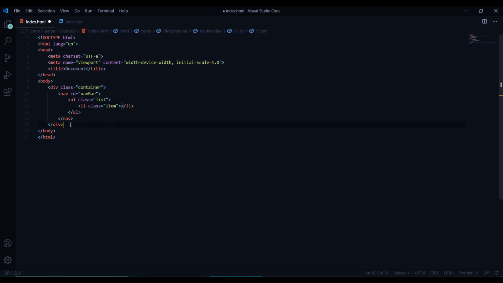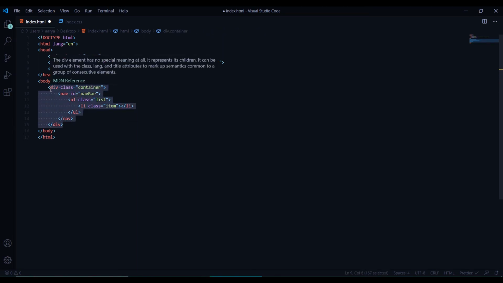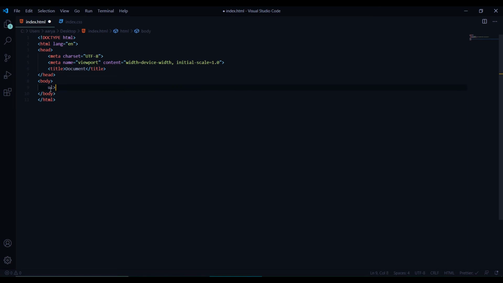Now moving ahead, till now I have shown you how to write li inside of ul like this, but it just gives you a single li tag, and usually we don't work with singles. We at least need 2 to 3 li tags. Now to get that, what we do is ul, then li, then we use a multiplier, and then we write the desired number of times we want the li tag to be. Like if I want 5 li tags, I can just write it like this. So it will give me 5 li tags inside a ul. So this is how it works.